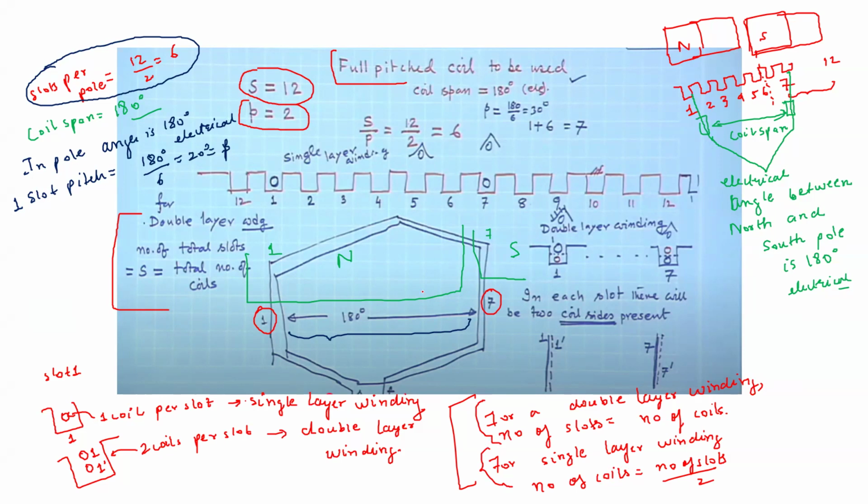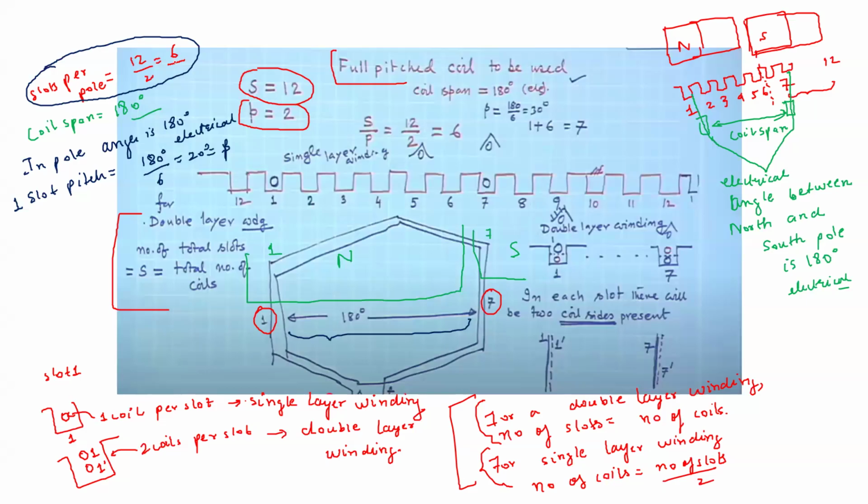To understand how to apply these formulas, let us consider a numerical example so that you will understand what is happening. Let us say you are given a two pole machine having 12 slots. Because it has 12 slots and two poles, here are the 12 slots drawn, under this north pole and south pole. Now, slots per pole is how much? If a question is given to you, the first thing you have to find is slots per pole. When you work it out, you will find there are six slots per pole.